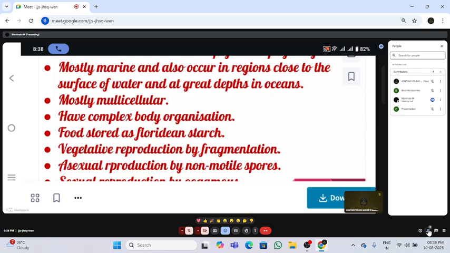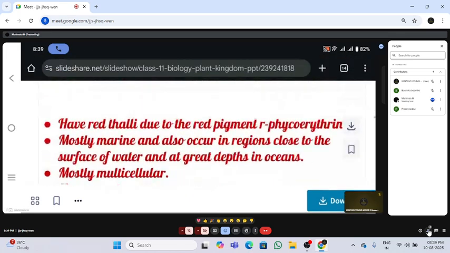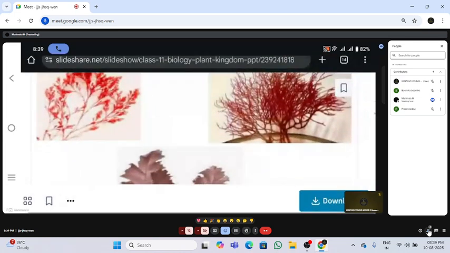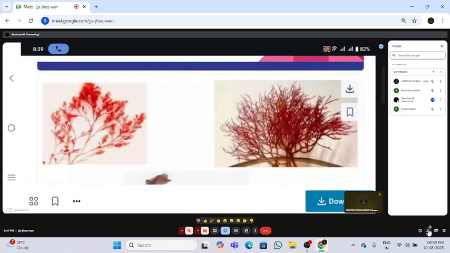And in red algae, as I told, the predominant color is due to the presence of phycoerythrin, and chlorophyll a and d are also present. If you see the cell wall of this algae, it has outer pectin and inner cellulose, same as in all organisms. In chlorophyceae, cellulose. In phaeophyceae, inner cellulose, outer layer is made up of